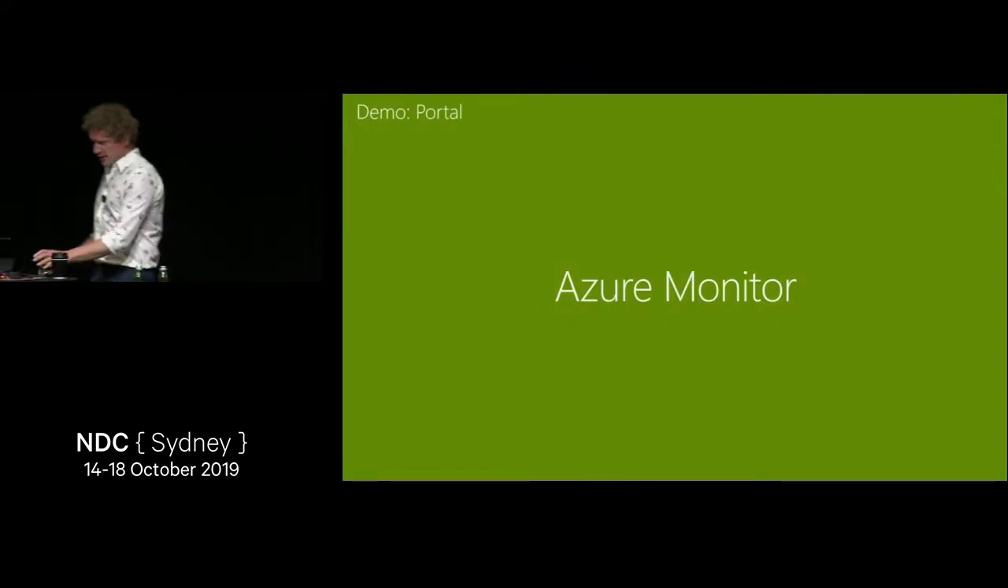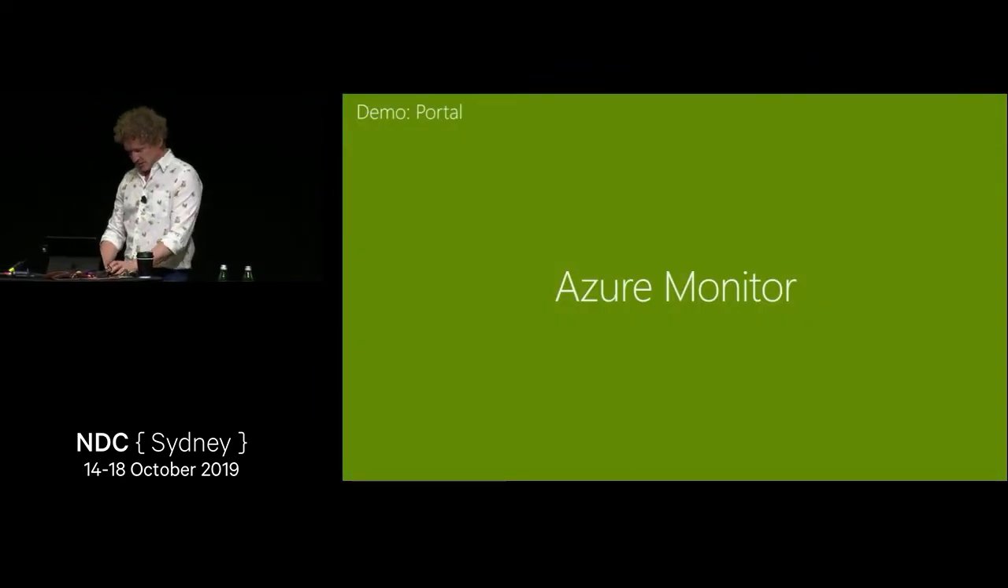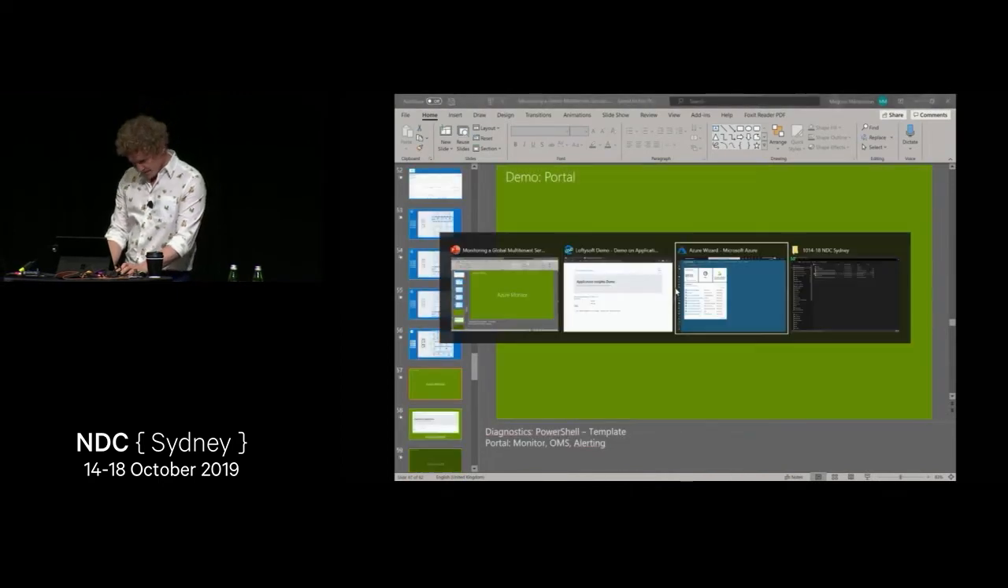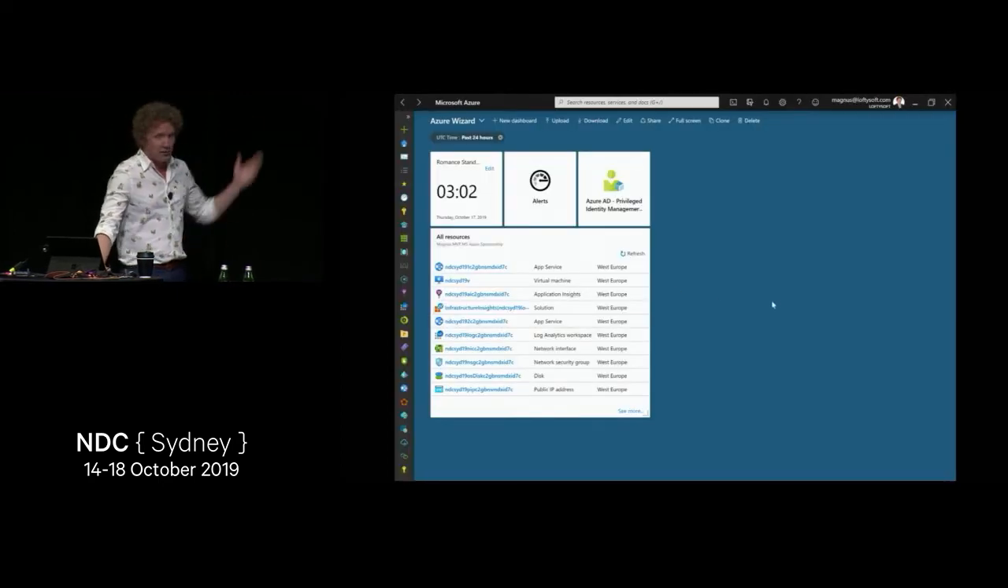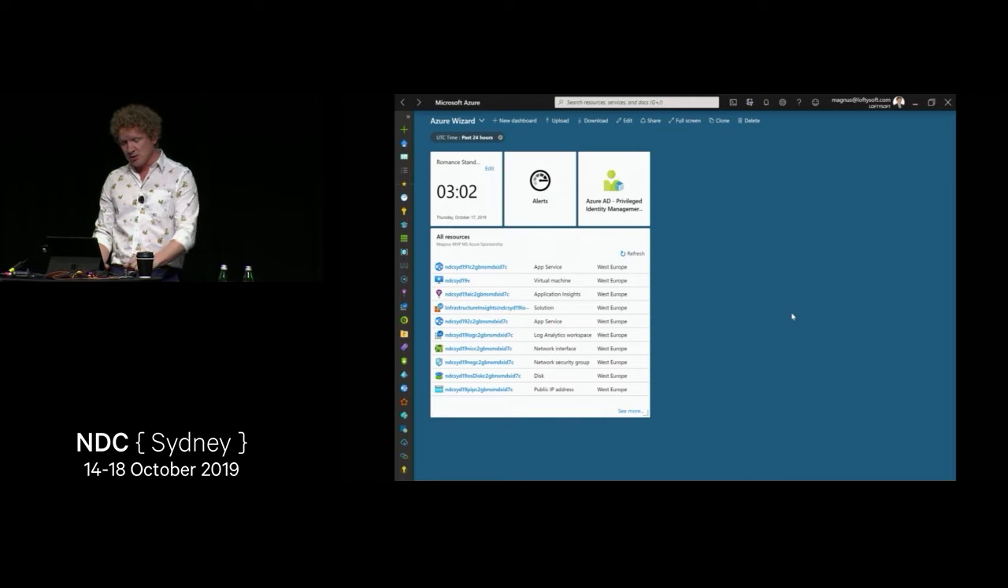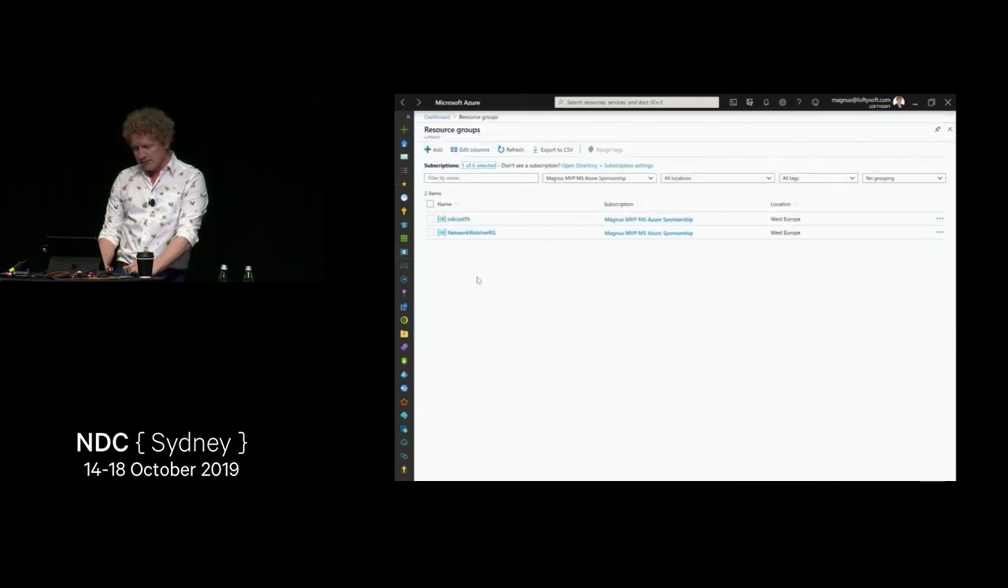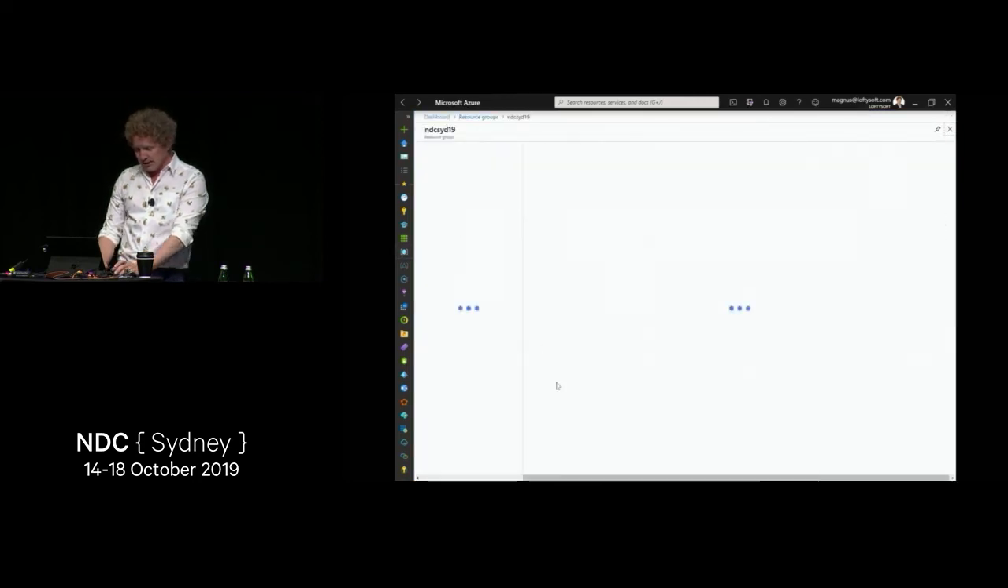Let me show you that in the Azure portal as well. So here's the Azure portal. And for the purpose of these demos, I deployed a bunch of resources into one resource group. It's not something that I normally do or even recommend, but I deployed NDC Sydney 19, and inside of that,